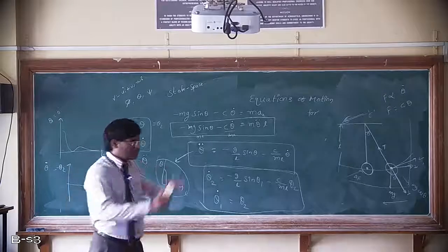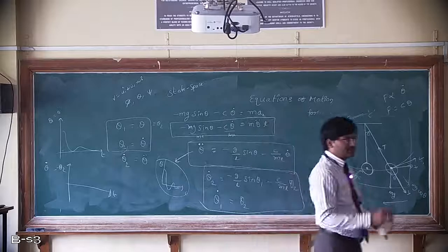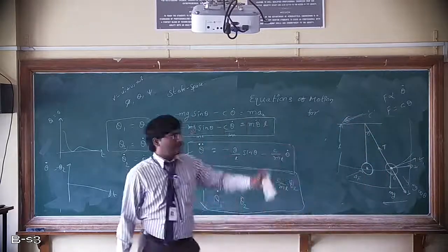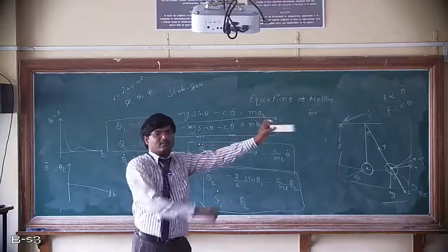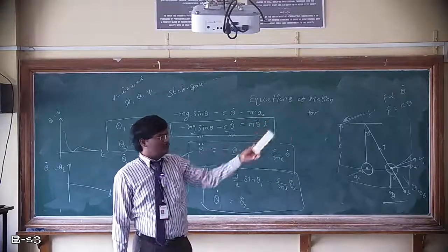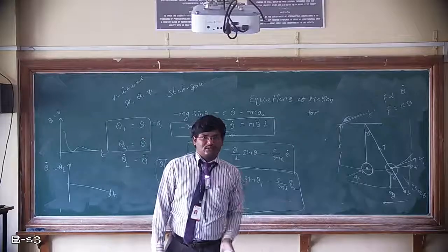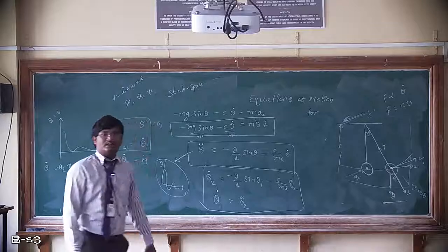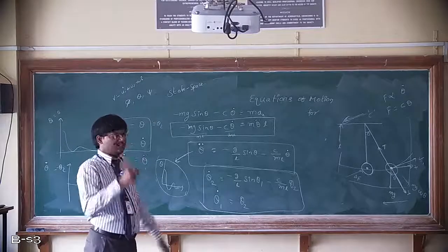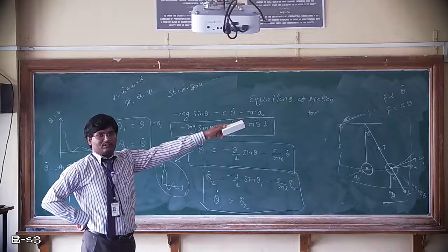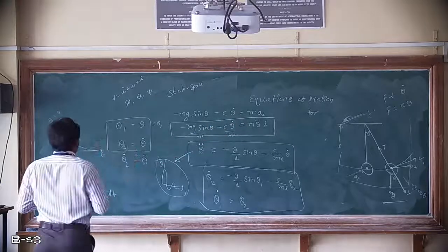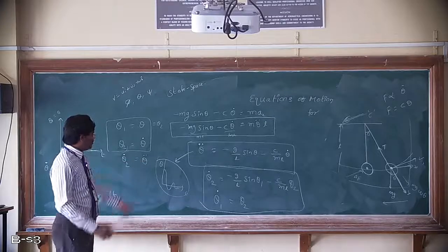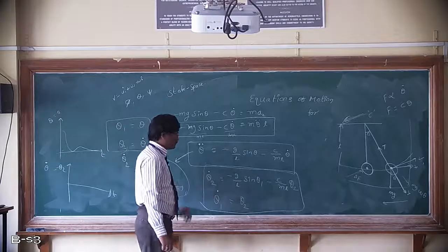If you have more state variables, you can define the system more accurately, right? Like our aircraft, if you are given only the velocity of the aircraft, you cannot define it. If you know velocity, it can move steady like this or inverted also. So if they give phi, theta, psi values, at that time we can clearly mention the position of the aircraft. Is it clear? That's why we need state variables, theta 1 and theta 2. Now we want to solve these equations, right?